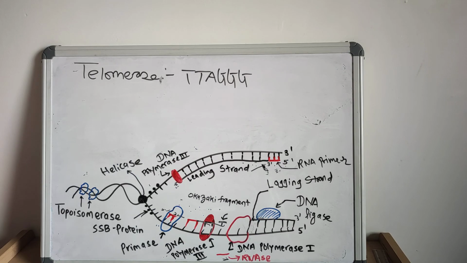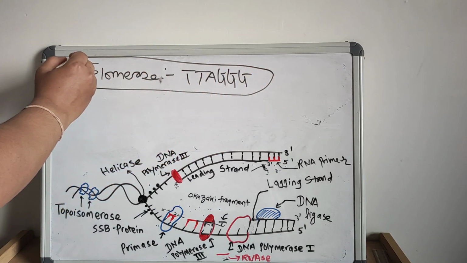So telomerase is present in the eukaryotes only. A reverse transcriptase, an RNA dependent DNA polymerase that adds the TTAGGG sequence to the 3' ends of the chromosome to avoid loss of genetic material with every duplication. And it is often dysregulated by the cancer cell, allowing them uninhibited replication. So you should really know the concept of telomerase.